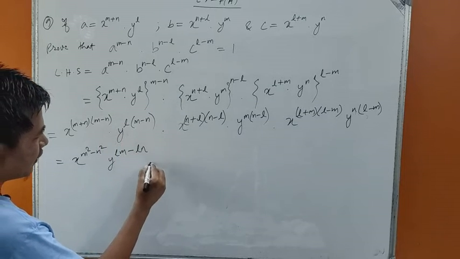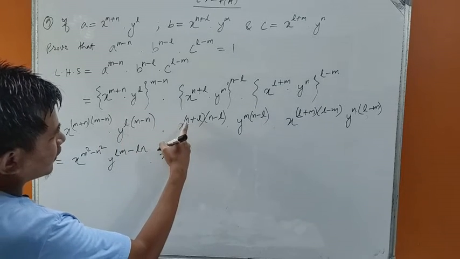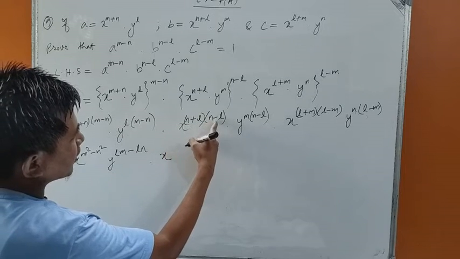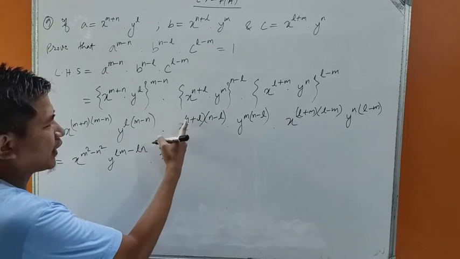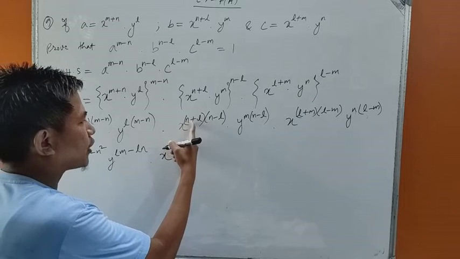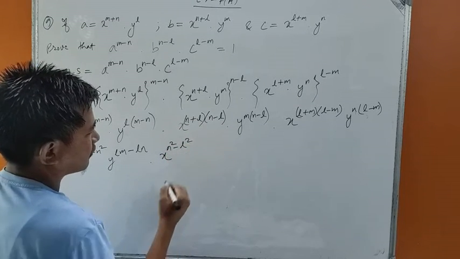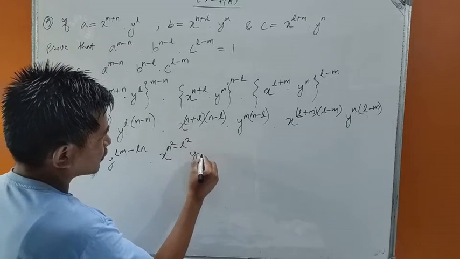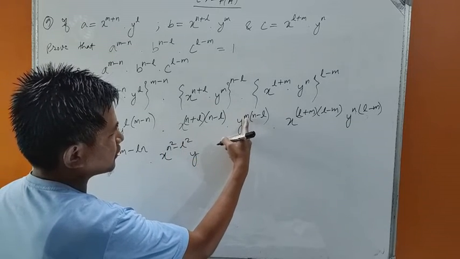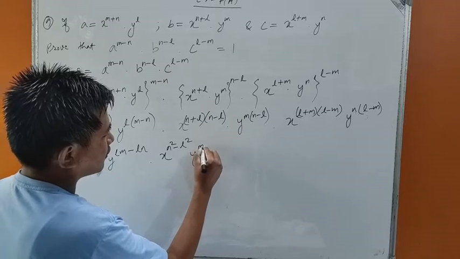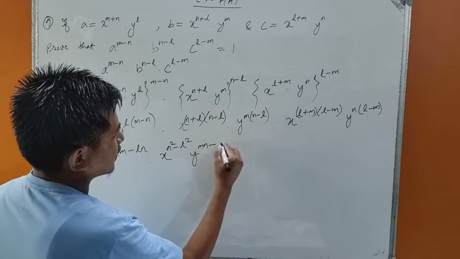ln, okay, into x to the power a plus b into a minus b. You can see here, n is a and l is b, so a plus b into a minus b is a square minus b square, isn't it? So y to the power m into n, let's multiply this. m into n is mn, minus m into l is ml,